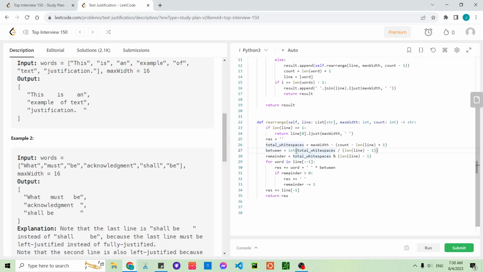so between is using the total amount of white spaces divided by the number of, so this is again the number of words in this line minus 1, because we don't need white space after the last word. So if there are 3 words, we only need to calculate 2 in between white spaces. So that will give us the minimum number of white spaces. And if we had remainder from this, so this needs to be an integer, otherwise it will return as a float. So if we had remainder, let's say, so in this case,